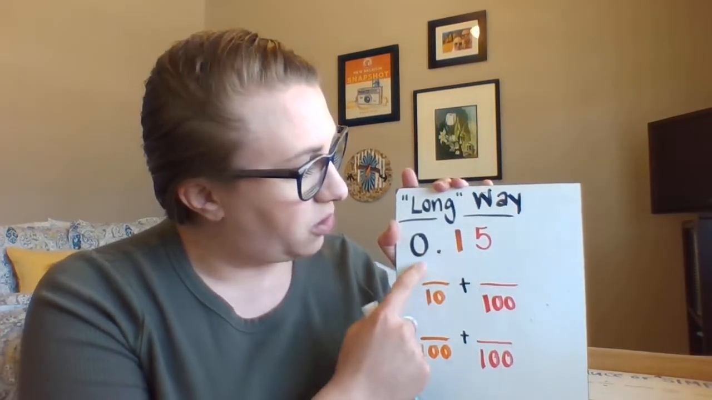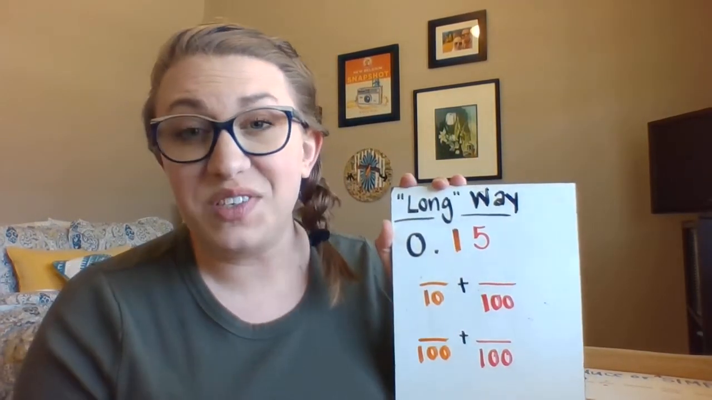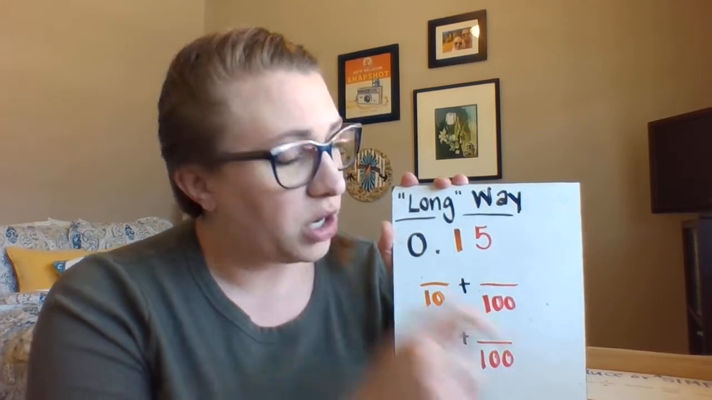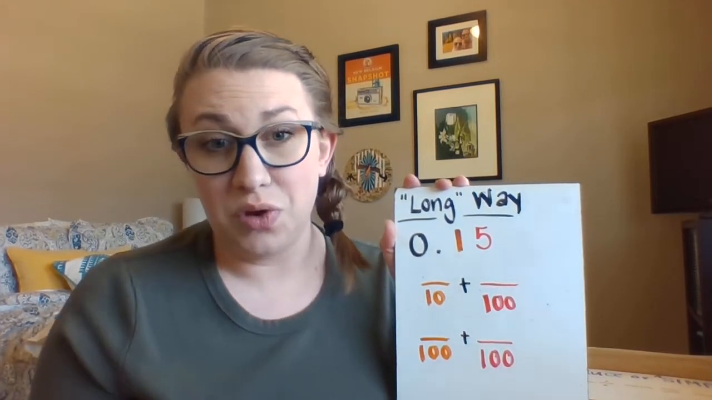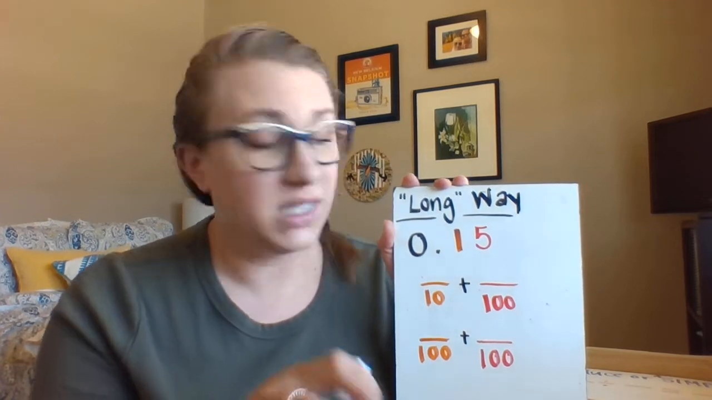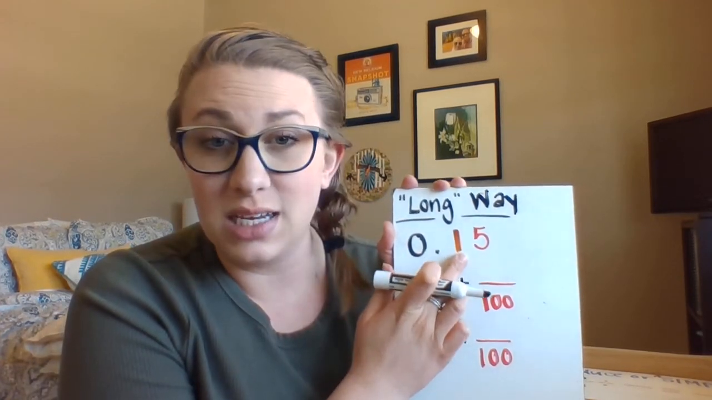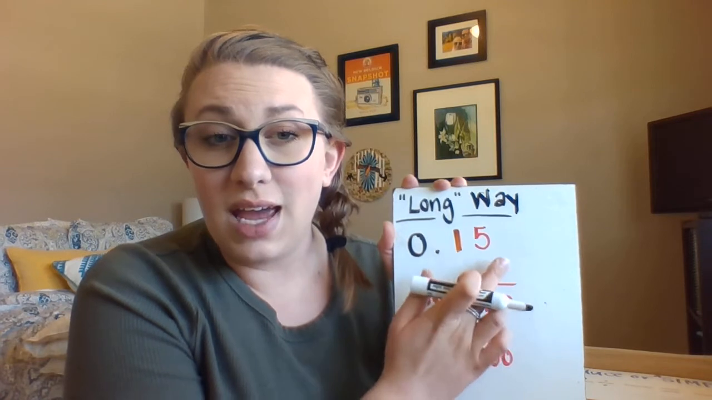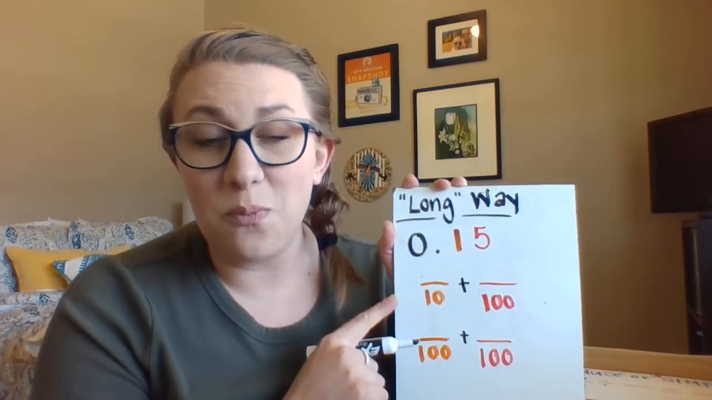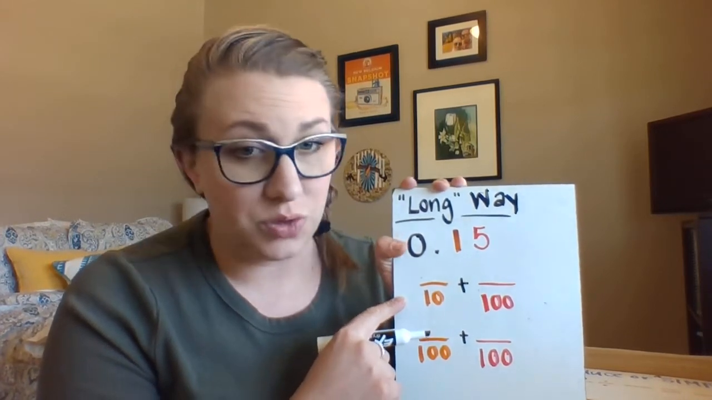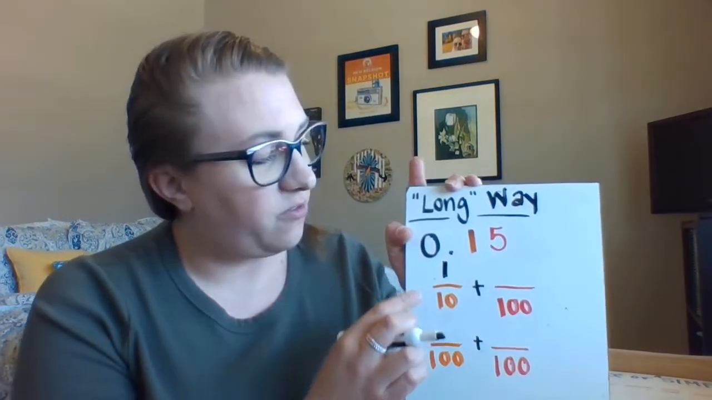The decimal you're starting with for the long way is 0.15, or 15 hundredths. Now, we're going to break this down by place value. You can see that I have our tenths place in orange here, and the hundredths place in red. So what I'm first going to do is break this down by place value. I have 1 in the tenths place, so I know that 0.15 is 1/10 plus what's in the hundredths place, a 5. So it's 1/10